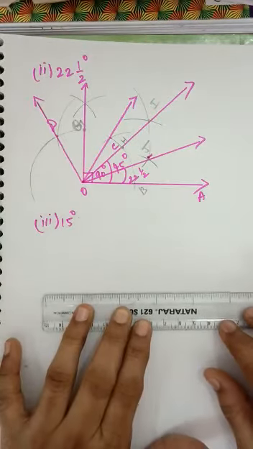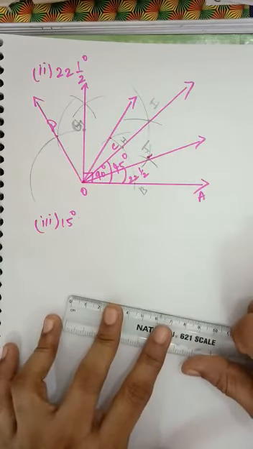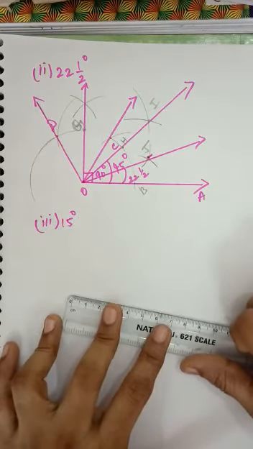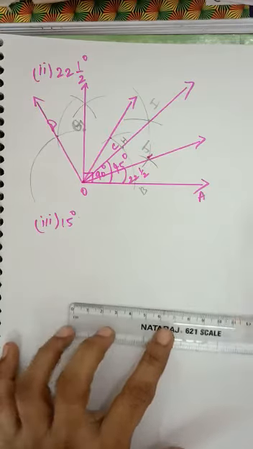angle 15 degree. For 15 degree, how do you construct? Good. First you should construct 60 degree, an angle 60 degree, and then the bisector of an angle 60 degree, that is 30 degree, and then the bisector of 30 degree is an angle 15 degree. Okay, so